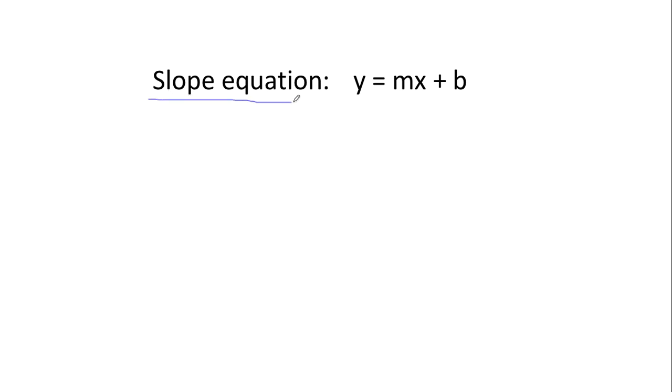So that means if this equation right here is for any line that you see on a graph. So if we have this equation, we can draw a line. Okay, so what were the parts of the equation? So m was equal to the slope,